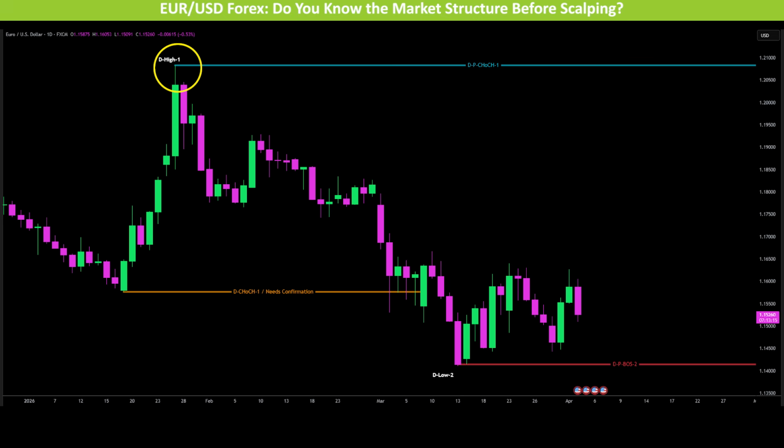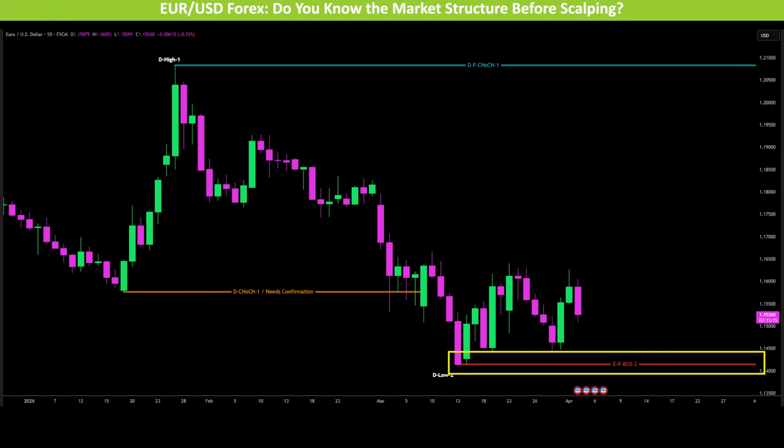This is the last high left by the weekly structure before the retracement started. From this point, price moves down and creates a change of character 1. However, this change of character is not yet confirmed because for a change of character to be valid, it must be followed by a break of structure. Price continues moving down and reaches daily low